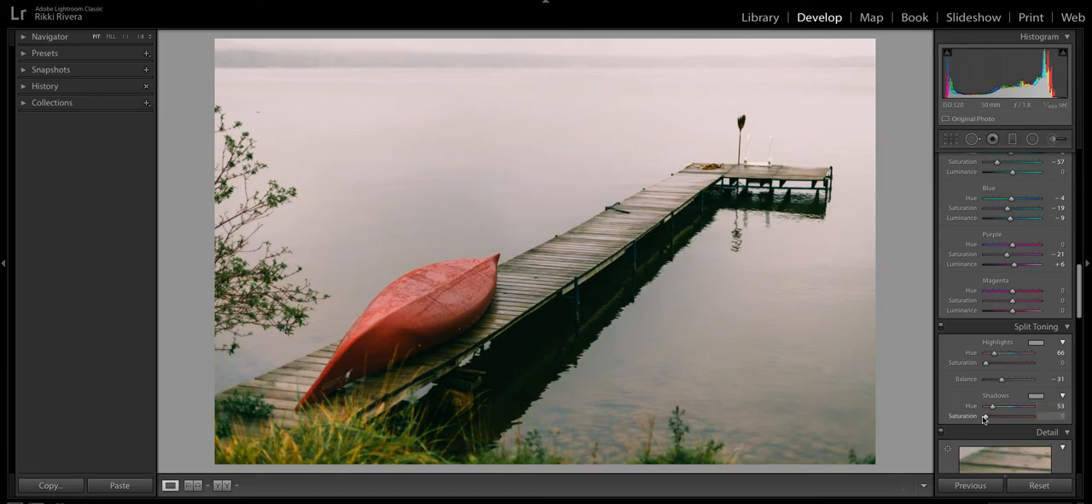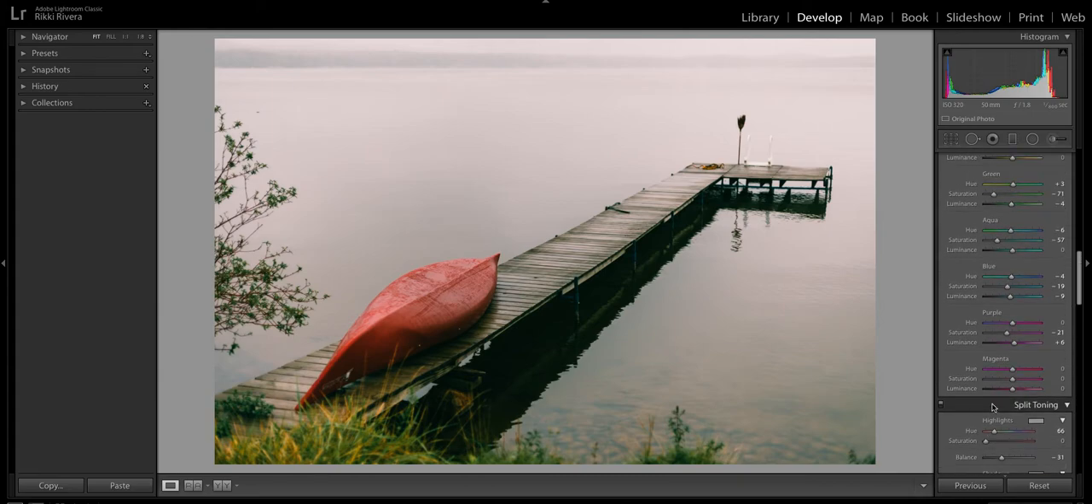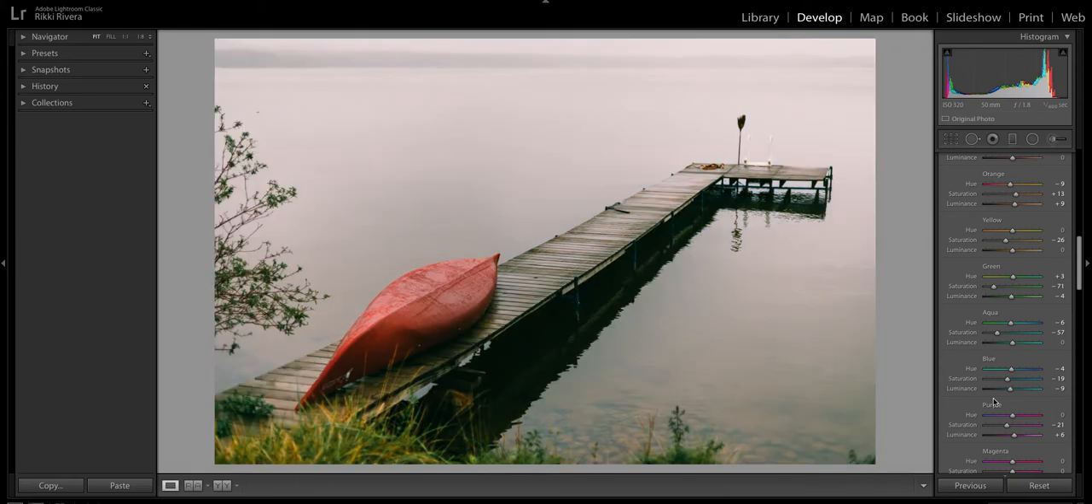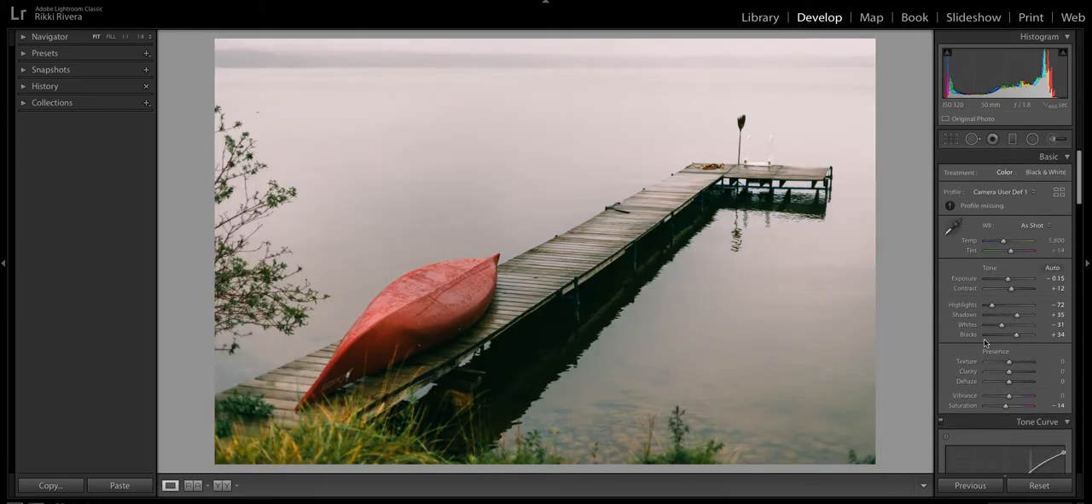There we go. Yeah, we'll see, that kind of looks a little cool right there. So here's a before, after. I think that's pretty good. It's good moodiness. Another thing to consider when you're editing photos like this is you don't want to lose the